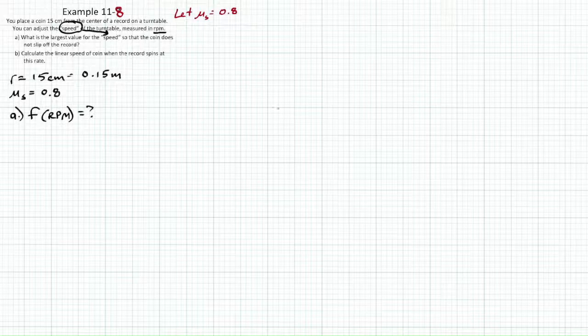Well, remember, and let's draw a free body diagram right here. Here's our turntable. There's a little spindle right in the middle there, and our coin is sitting right there, and our turntable, we'll say, is going around counterclockwise. Well, the tendency of the coin to fly out, you might call centrifugal force. It really isn't, but it's caused by the centripetal force,